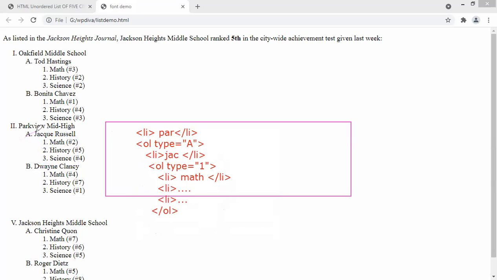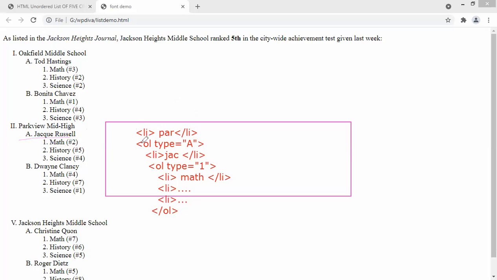Do you agree? After this, I want to go for the B list. Already we have taken order type equal to A, which we have not closed. There is also one outer OL over here, which is still open, with type equal to capital I. We have not closed that list also. Therefore, I have taken Jack, which is the indication of this.